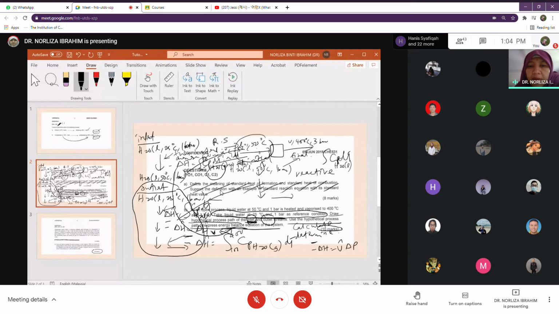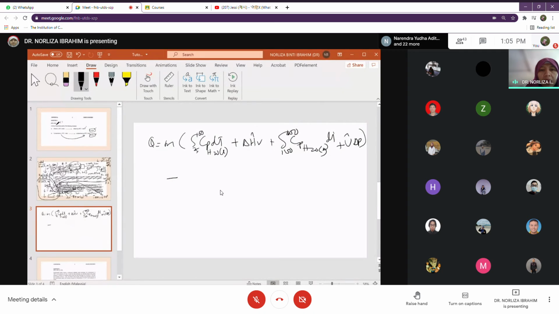Okay, kalau kata you nak buat juga, so Q nya M, so H nya will be integral CP dT from 25 to 100 plus heat of vaporization plus integral CP dT, ni water liquid, ni CP water gas, dT 100 to 400 plus V dP, okay, minus inlet kita adalah M, because M will be the same M, CP water liquid,